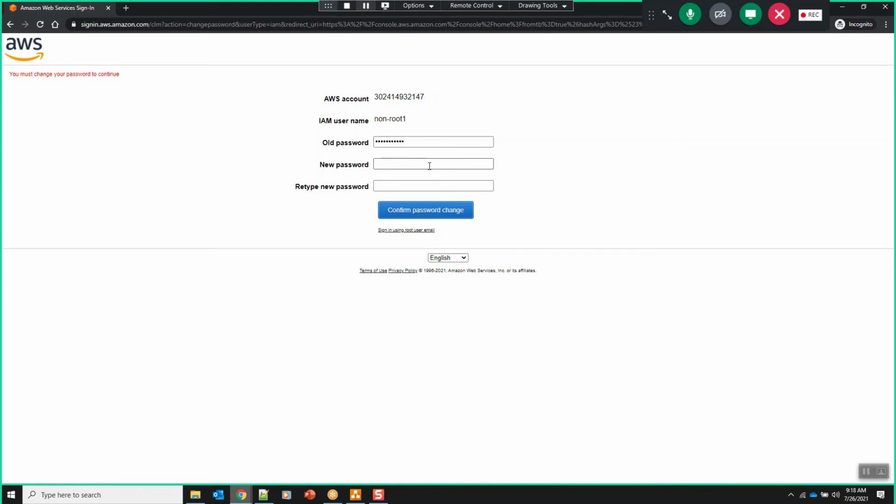admin can't know all the passwords of all the users, right? So whoever has created the user will just pass on the user ID and the initial password to you, and the user can change the password. Sometimes the user may forget to change the password, right? So it helps us to enforce the user to change the password in the first login. Sometimes the password could have been shared in email as well, so these options will help us a lot.